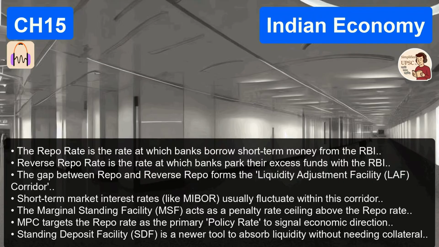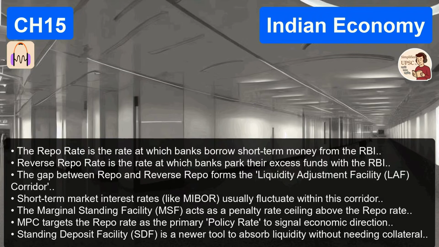Ideally, yes. That's the textbook definition. But in India, historically, SLR has been used for a very different practical purpose. Which is? Since banks overwhelmingly choose to buy government securities to meet their SLR requirement, it effectively forces banks to lend money to the government. It ensures the government always has a guaranteed buyer for its debt to fund its fiscal deficit. Ah, a captive market for government borrowing.